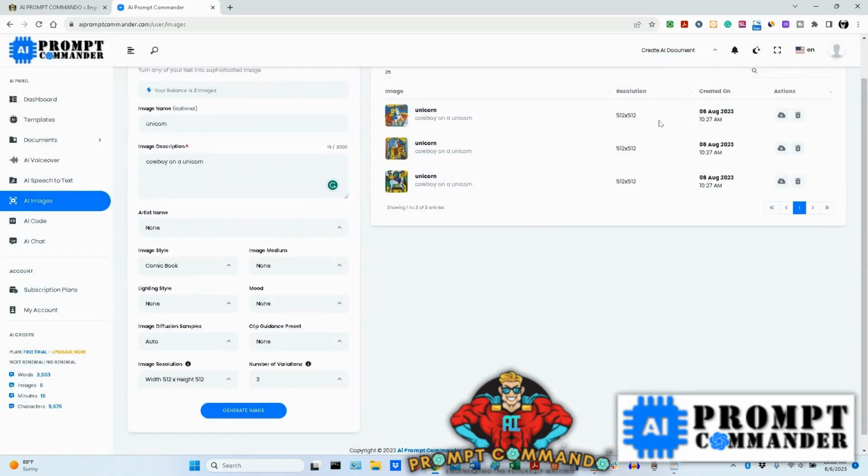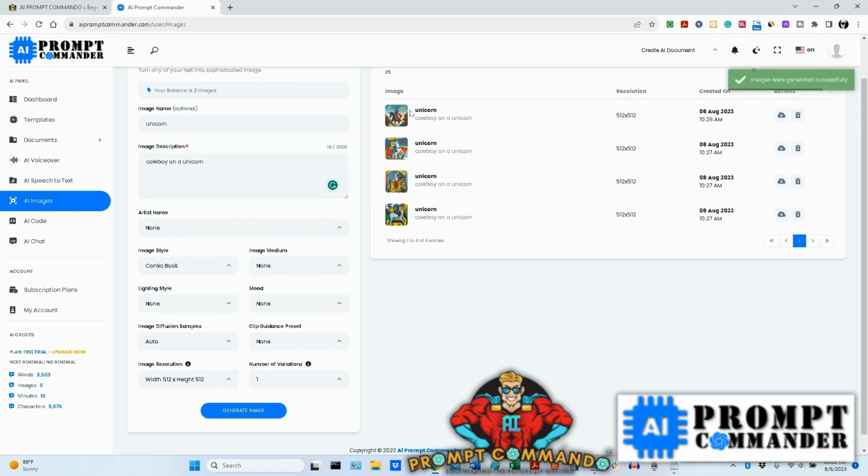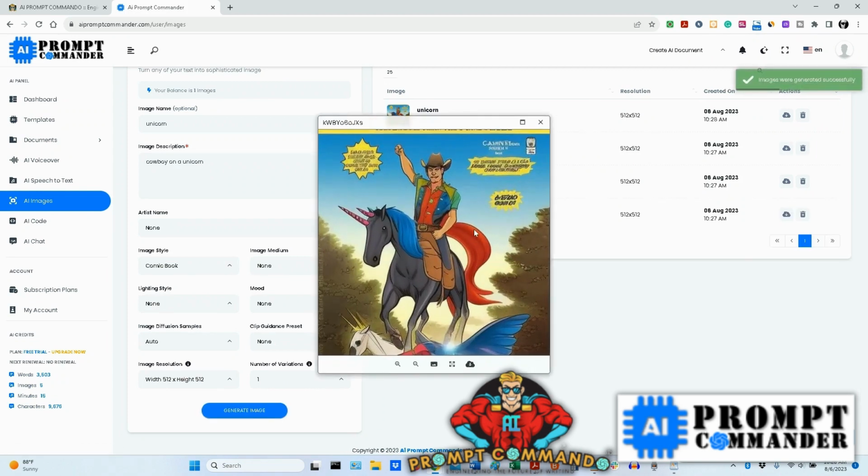Because on the trial you only have like 5 images on here, and since we're asking for 3, let's do 1. So you want to change it in there, generate the image, boom, boom, boom, there you go. And look at that, huh? It looks like a cartoon, because you just let it do its own thing, and boom, you got it right there.